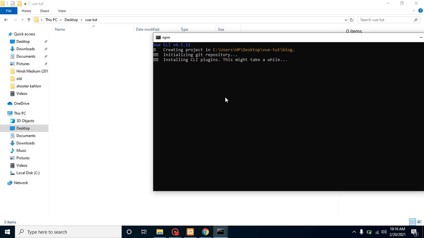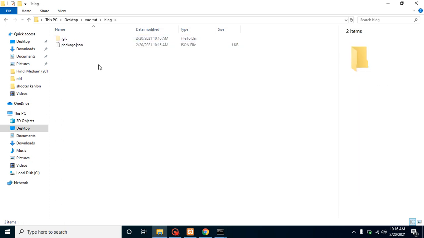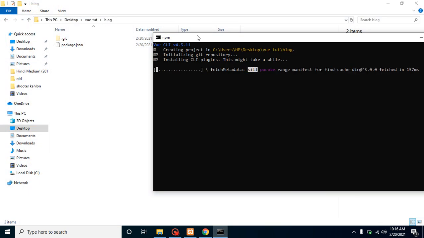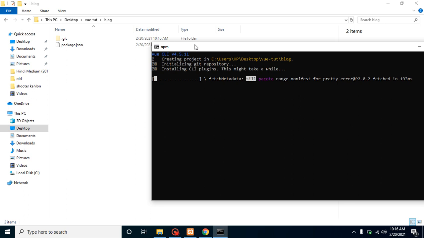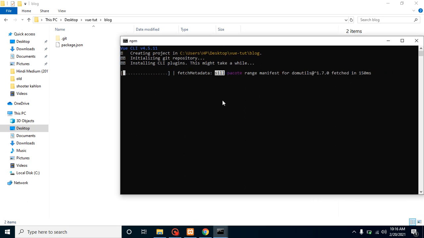Now it will create a blog folder, and inside this blog folder, first of all, we have package.json, which is the most important file because it carries the details of your application like version, scripts, and packages and all. After that, it will generate your node_modules, public folder, src folder, and all, right? It will again take a little bit of time, and I'm going to pause this video again.